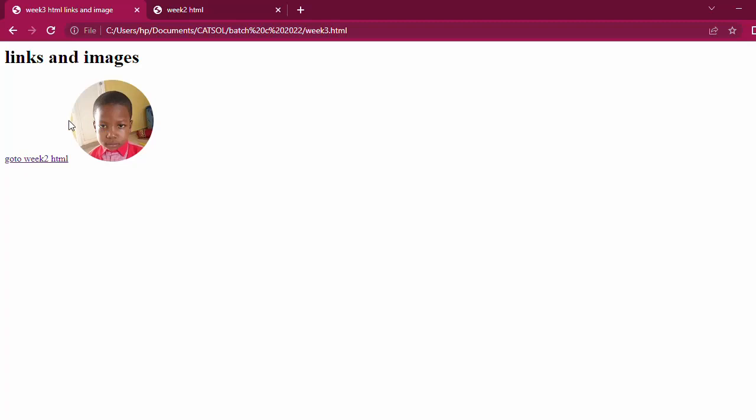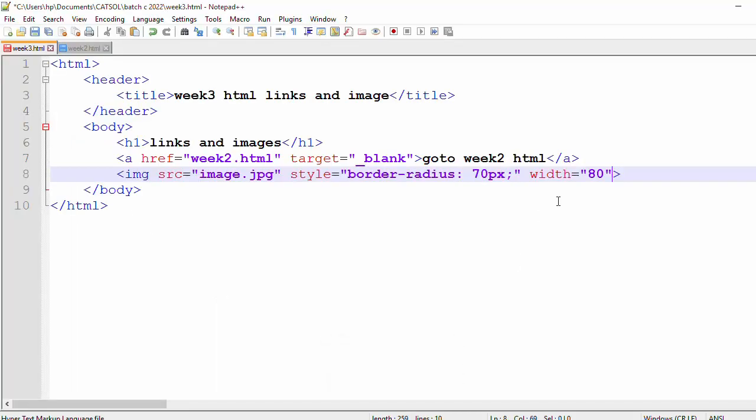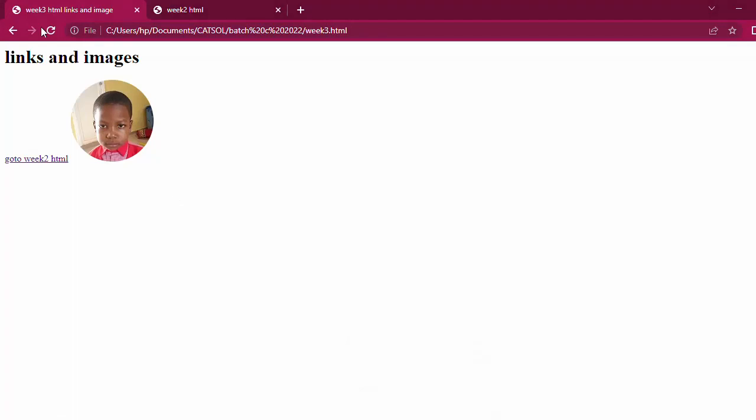Let's assume you don't want the image to be wide like this, you want to change the width. The height is from top to bottom. If you don't want it to be tall like this, then you can increase or decrease that. Say, okay, height is equal to, let's say, 80, so that I can see how the image would look. Now if you see this file here,